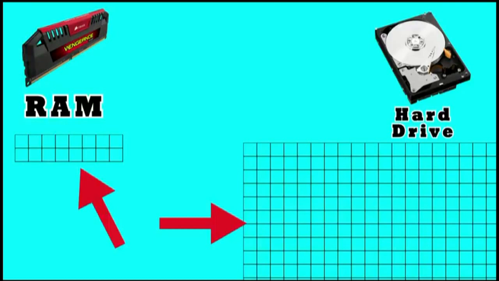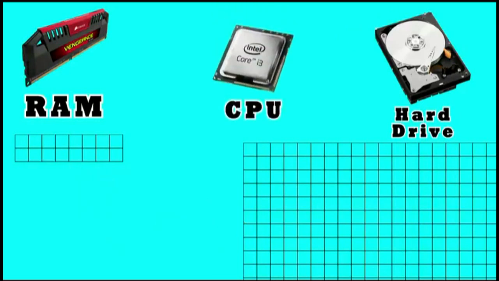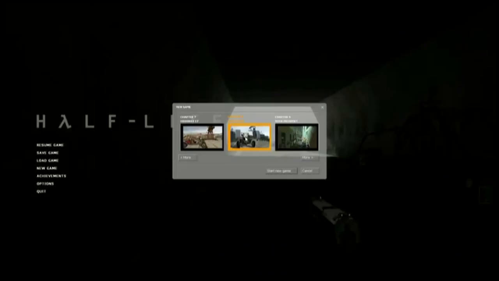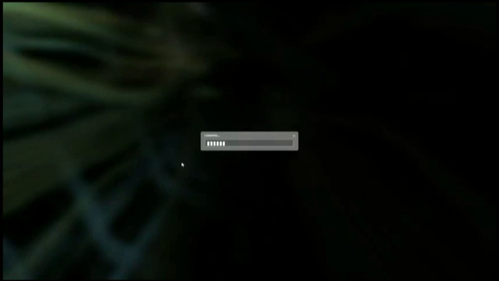Now, suppose we run a program or a project file, our CPU is going to search related files or data from the project. If the data is stored in the hard disk, CPU will take time to fetch the data. On the other side, if the data is stored in the RAM, it will search the data very easily and very quickly. Anytime you see loading, it means data is being loaded from the hard disk into the RAM.